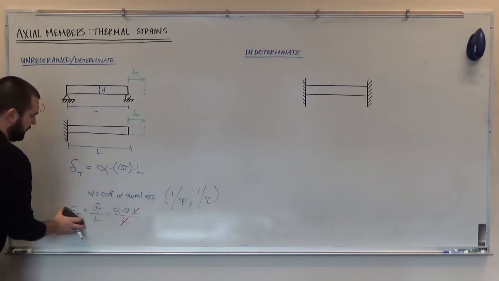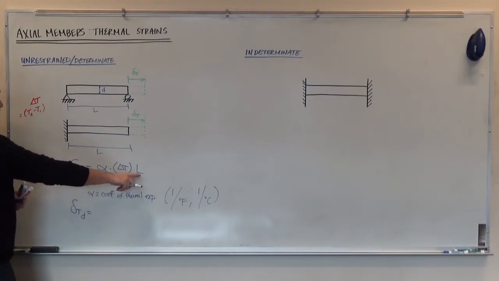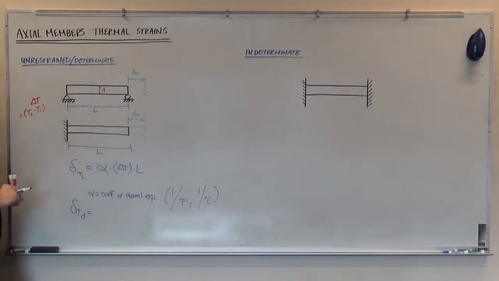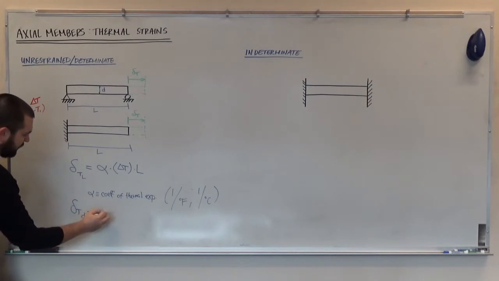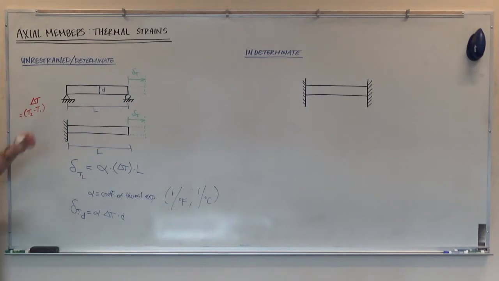If I wanted to calculate the change in width, I'll call that delta T sub d, whereas this would be delta T sub L. The change due to temperature of the length, and here the change due to temperature of the depth of this member. It's basically the same equation, but instead of using the original length, we're just going to use the original depth of the member. So that'll be alpha times delta T times d,